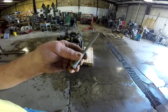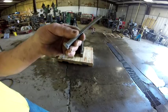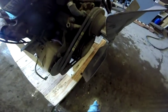Okay, so what I did is I lag bolted it down with this 3/8 lag bolt into the front. Let me shut you off and I'll take you over and show it to you. So as soon as the camera adjusts the light, you'll see the head of the lag bolt down there. I had a long pilot bit, I drilled down through there and then just took a 9/16 socket and a long extension on the 1/2-inch cordless impact, and just drove it down in there. She's tight now,